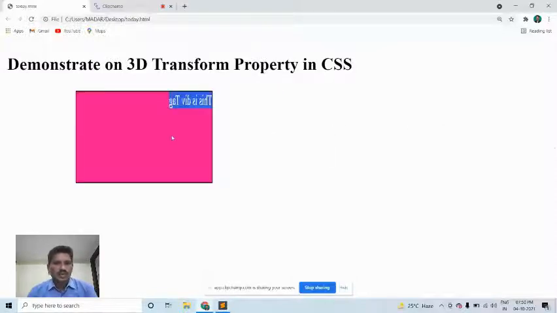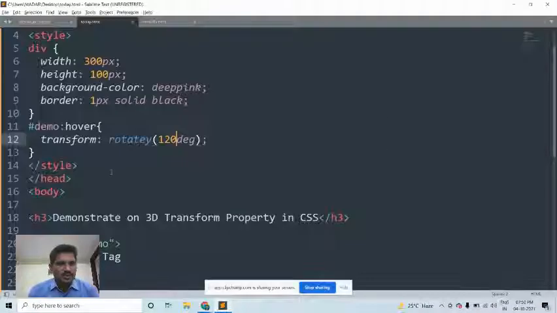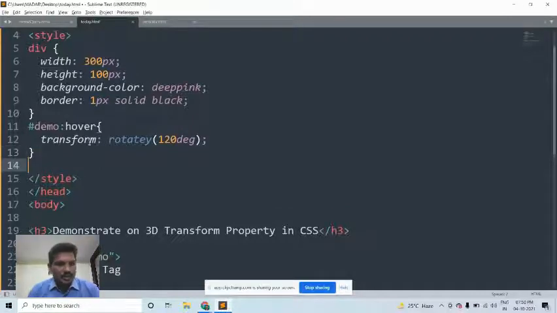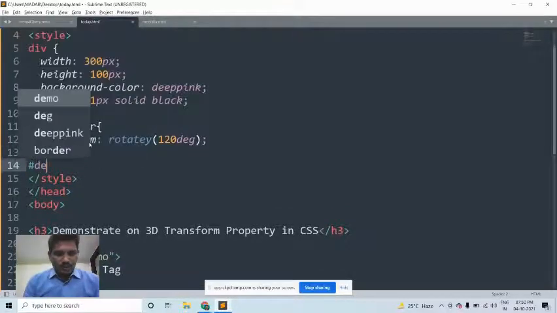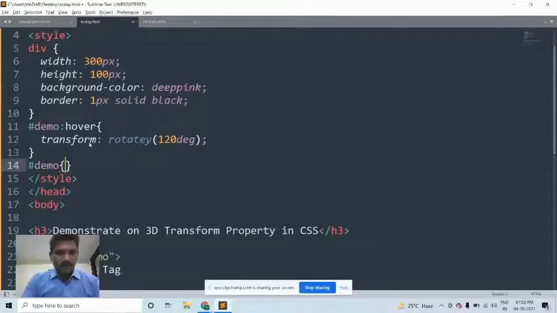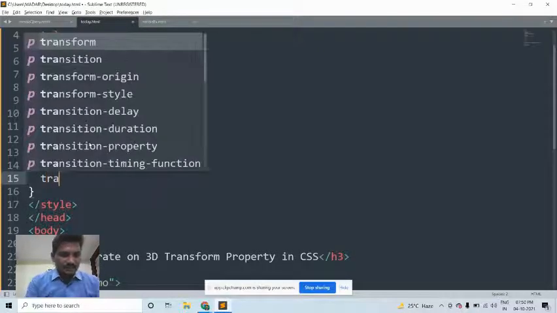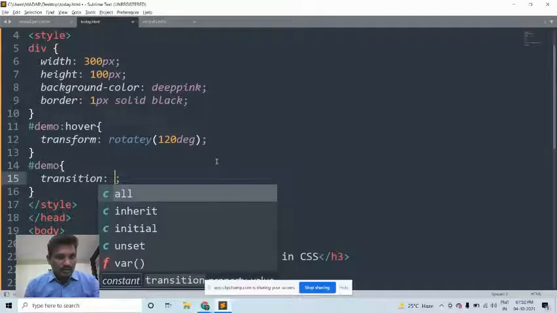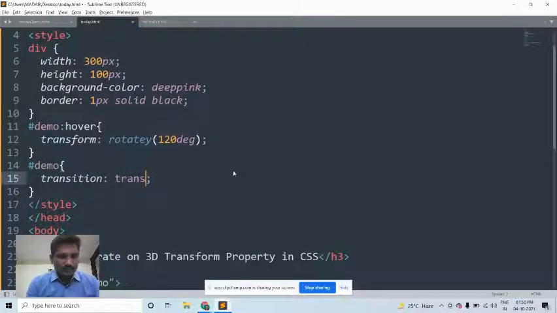If you want to add animation, how is it possible? I can add the transition property, transition: transform, to demo. The time the object takes to move from one place to another is 1 second.